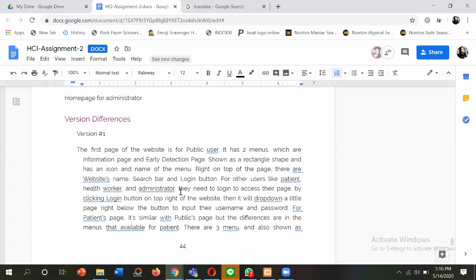Version number 1. The first page of the website is for public user. It has two menus, which are information page and early detection page, shown as a rectangle shape and has an icon and name of the menu. Right on top of the page, there are website's name, search bar, and login button for other users like patient,